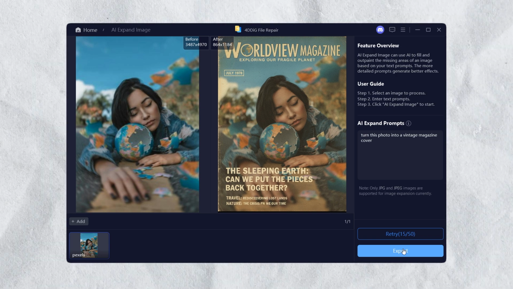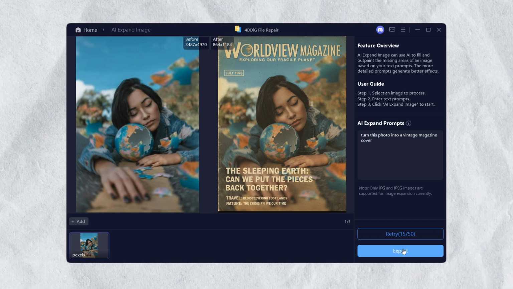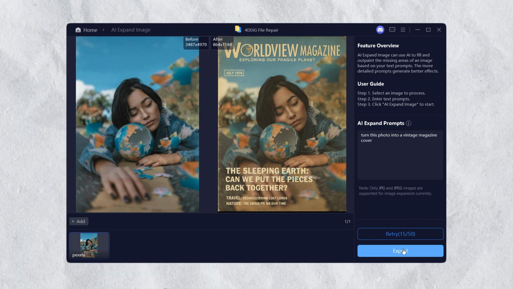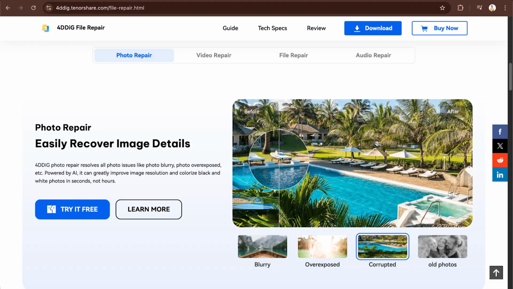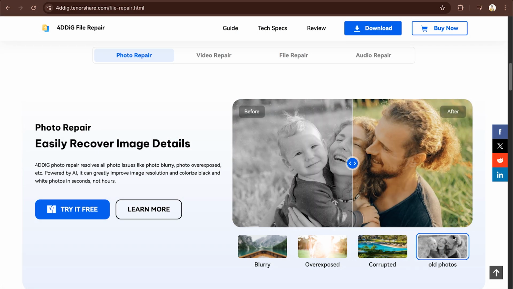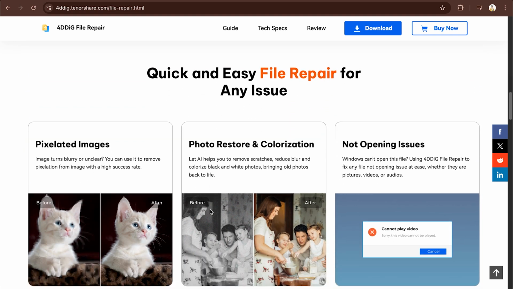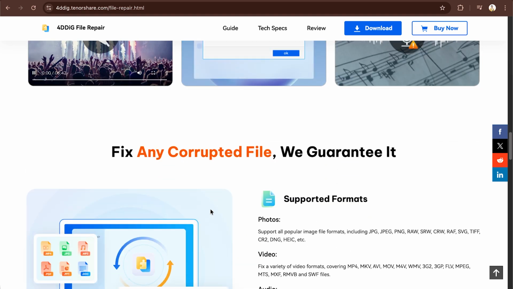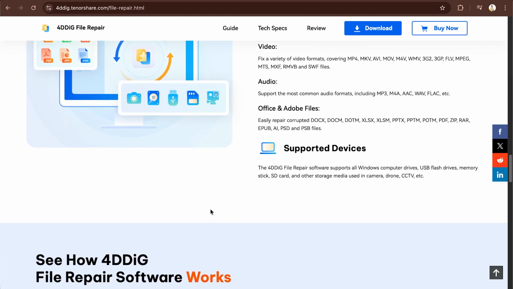That's it. So why should you choose 4D file repair? First, it runs locally, so your photos stay private. Second, you can process multiple images at once, which saves a lot of time. And it's not just for extending images. You can enhance quality, colorize photos, convert formats, and more. So if you want to adapt images for social media, recompose old photos, or explore new creative ideas, this tool